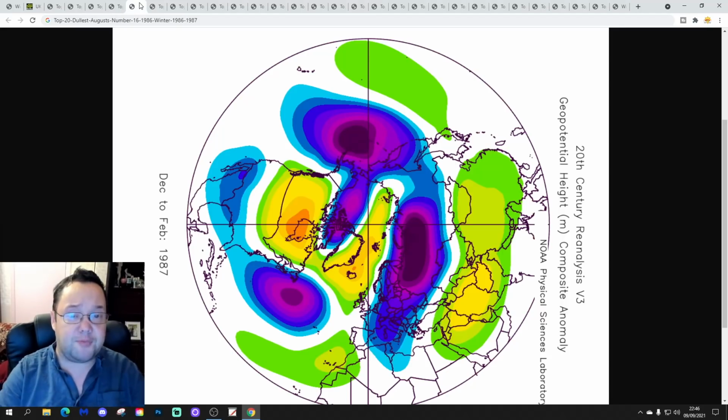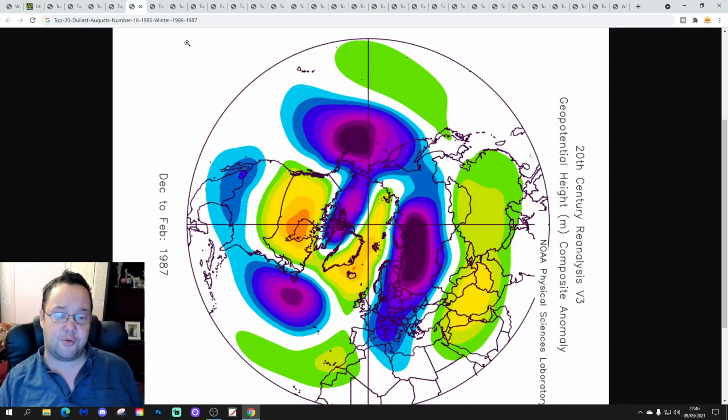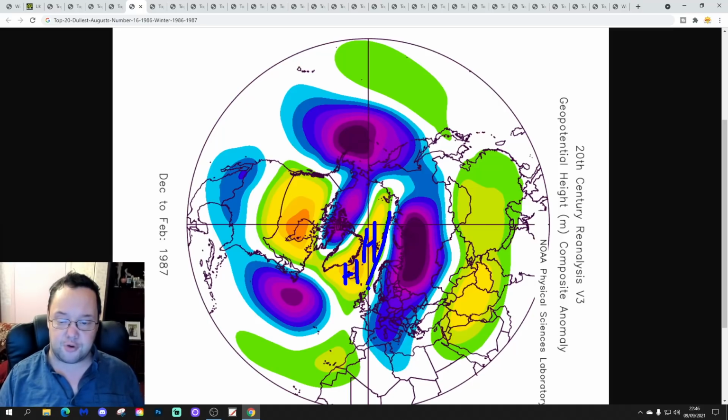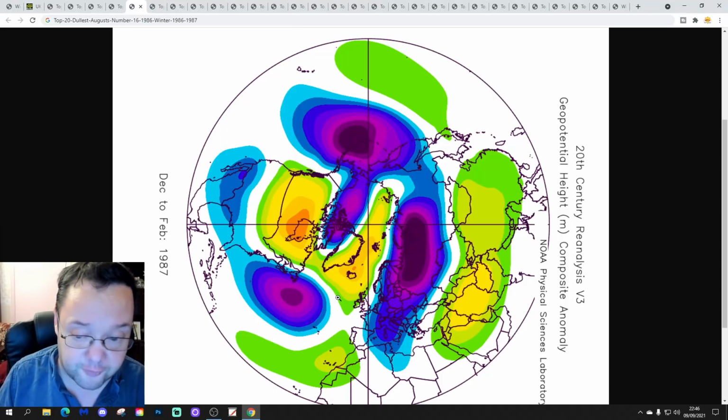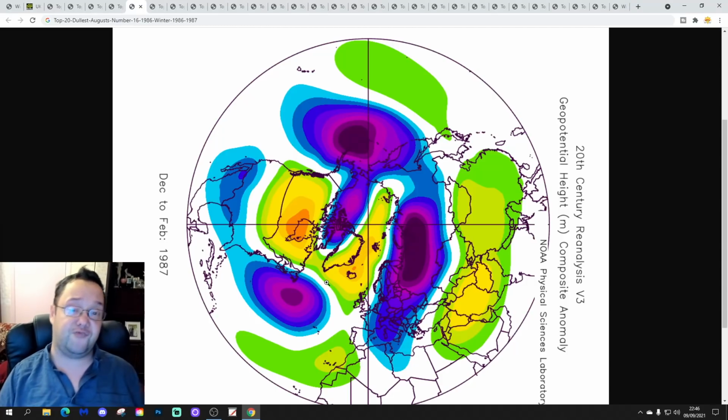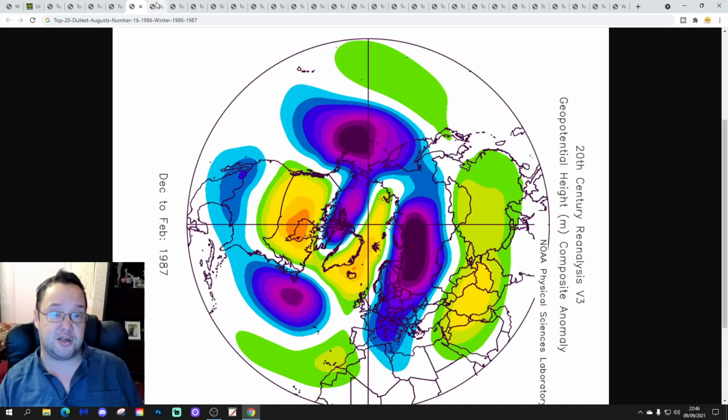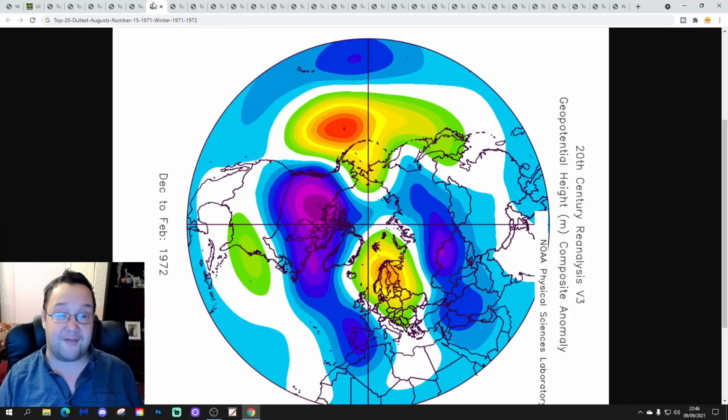And at number 16, we've got 1986. The 16th dullest August is in fact 1986. This is our winter of 86-87. This has got a lot of high pressure blocking to our north, and we're bringing in winds from the northeast. Very mild in December of 86. I mean, it has the coldest spell of weather, single coldest spell of weather, probably since 1740, in the middle of January 1987. Wow, so many of you remember that, I know.